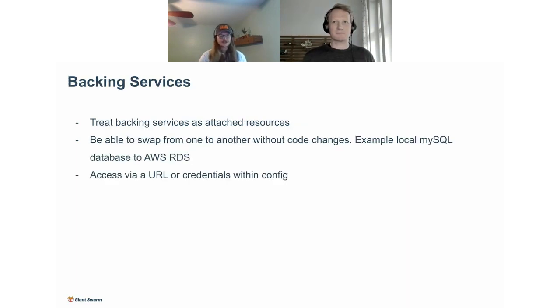So backing services very simply, treat as attached resources. And what I mean by that is we should think of all of these concepts as ephemeral. The easiest one for our backing services, I would say, would be storage, right? If we're just thinking about state, about actually accessing something in a specific place, we need to try to make that as ephemeral as possible. So calling out to a URL or credentials within the config, basically something that can resolve instead of just pointing, not being there, and then requiring a total build of that code, right?